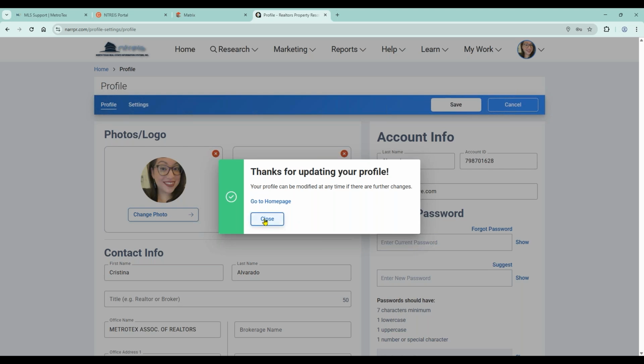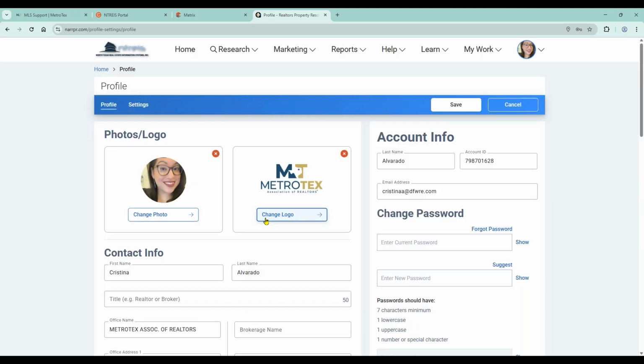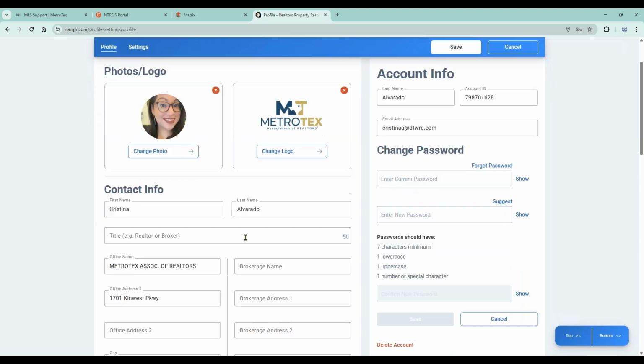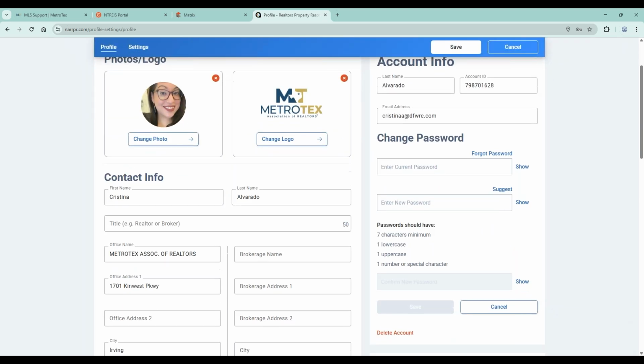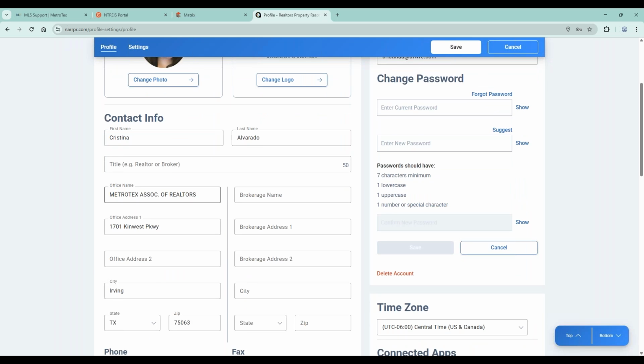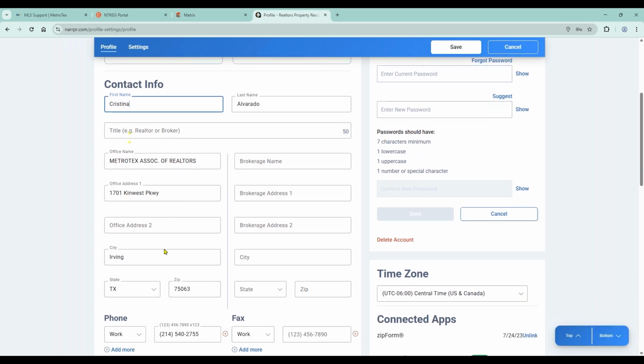Let's close out of this because there's a lot more to explore on that section. So I'm going to close that and let's scroll down just a little bit here. We're going to go down to contact information. Now, like I said, this account is not managed by MetroTex. We do not manage your login information. Now, information that we have on file does get reported to NAR, but if anything in here needs to be changed, if NAR doesn't have the correct information, double check, make sure we have the right details with MetroTex,